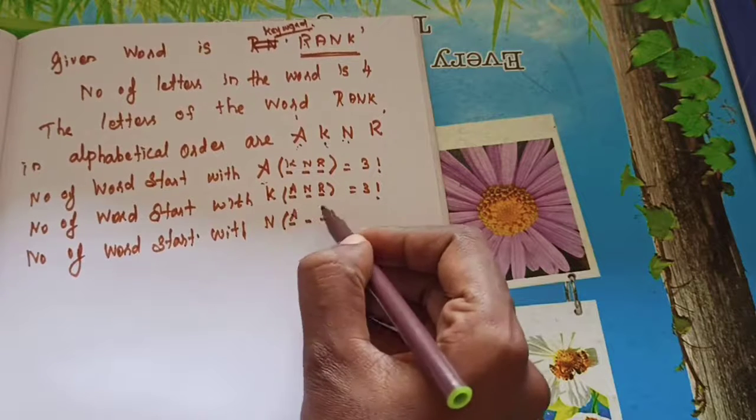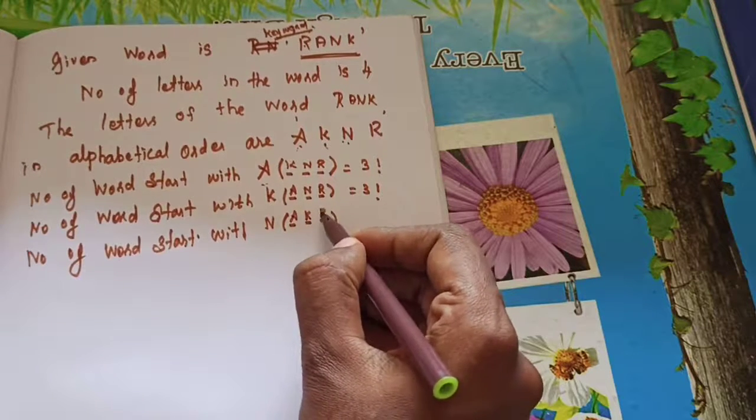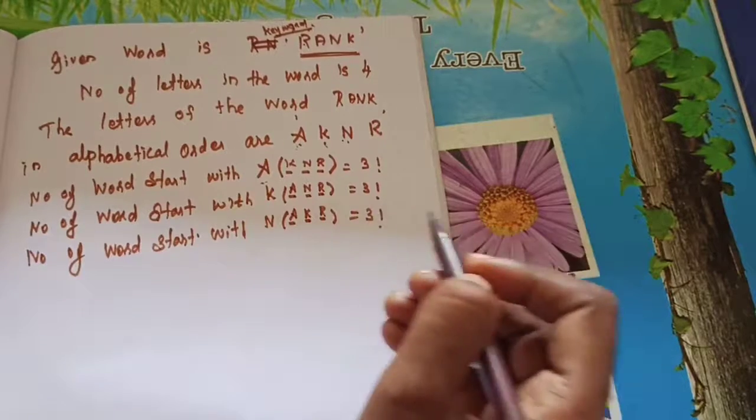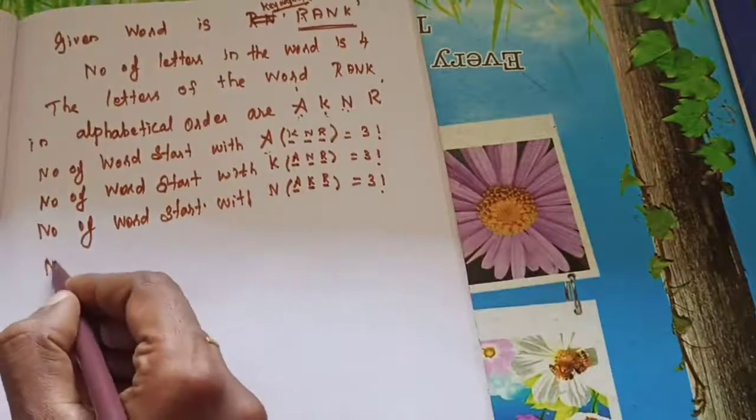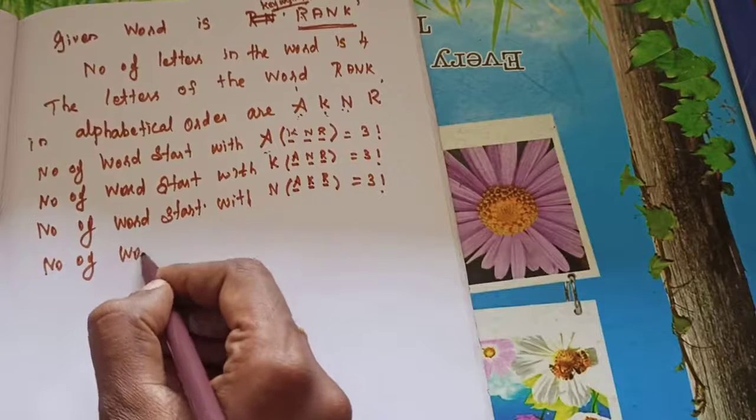A must be there. Next K must be there. R must be there. So how many letters? 3 factorial. Understand? Then one more letter is balanced. So next what will you write? Number of words